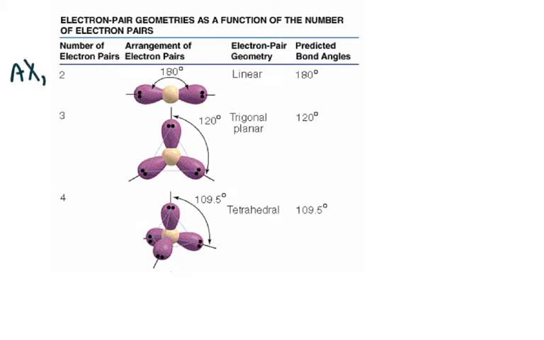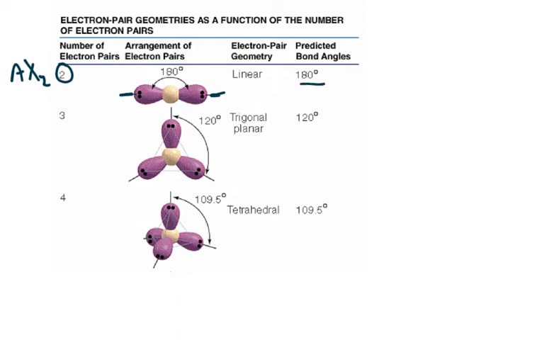AX2 is, notice, there are 2 domains, and both domains are atoms. So, as you can see, the atoms are arranged on opposite sides of each other. See how the electrons got on opposite ends? Notice it is a linear structure, and think of geometry: the angle of a straight line is